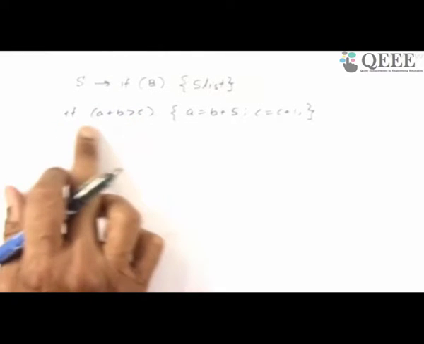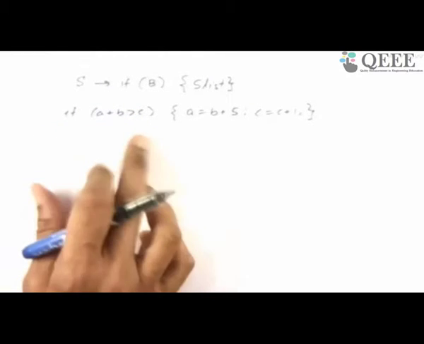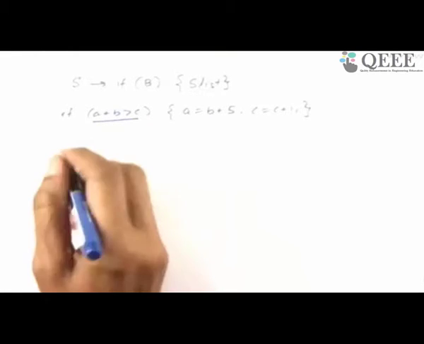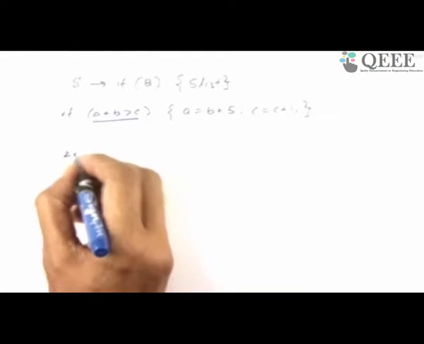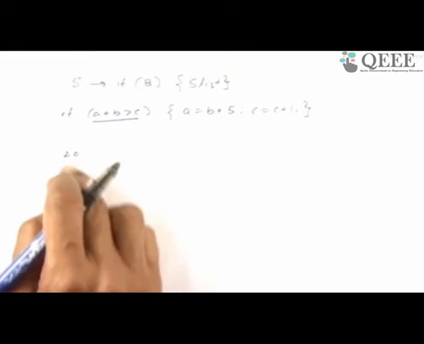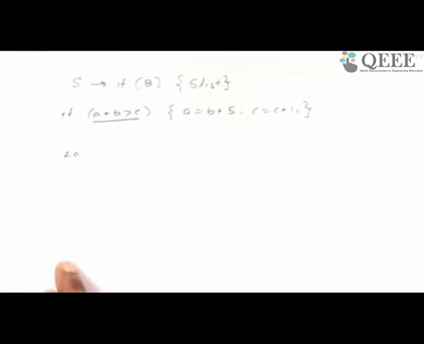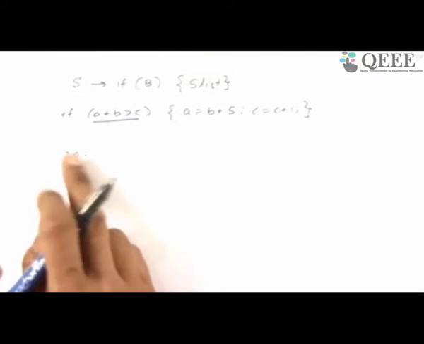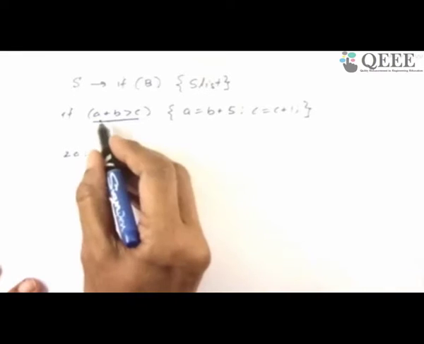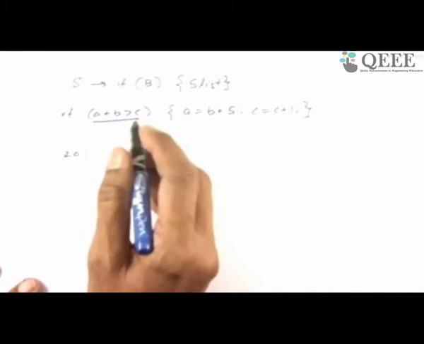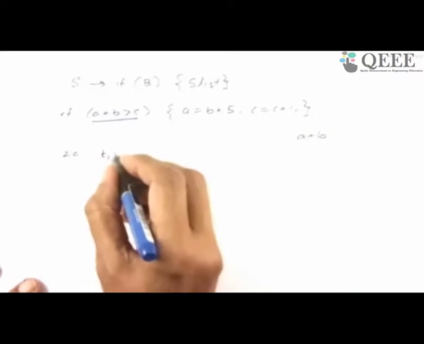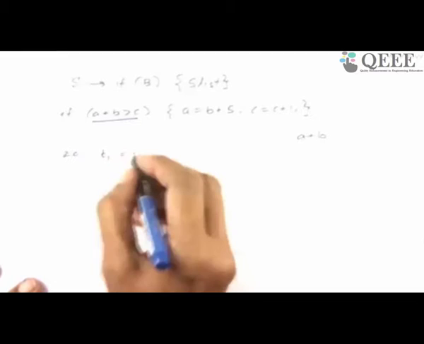I'm going to process this along with parsing and generate intermediate code. And let's see what it involves. For this simple thing, when a plus b is greater than c is getting evaluated, I'll assume I start with some number 20. These are all instruction numbers. I'll generate a sequential number starting from a given number, which the compiler will decide. Let's say I start with 20. First, I will do a plus b since it is greater than c. After seeing a plus b, I'll immediately generate this code. Some temporary is assigned, this is my notation, t1 equals a plus b.